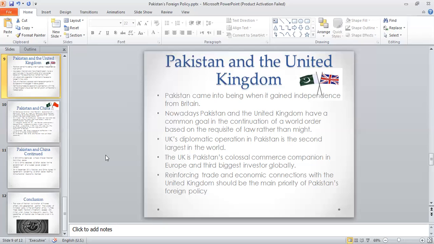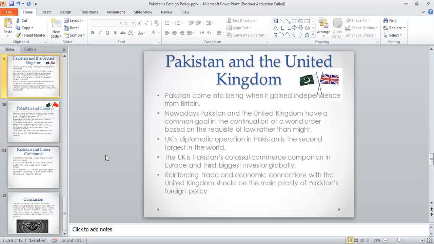In the post-Brexit waters, the UK and Pakistan can take advantage of each other's economic triumph. The UK is Pakistan's colossal commerce companion in Europe and the third biggest investor globally. Pakistan needs to labor to ensure that post-Brexit, it resumes having market access to the UK along the lines of